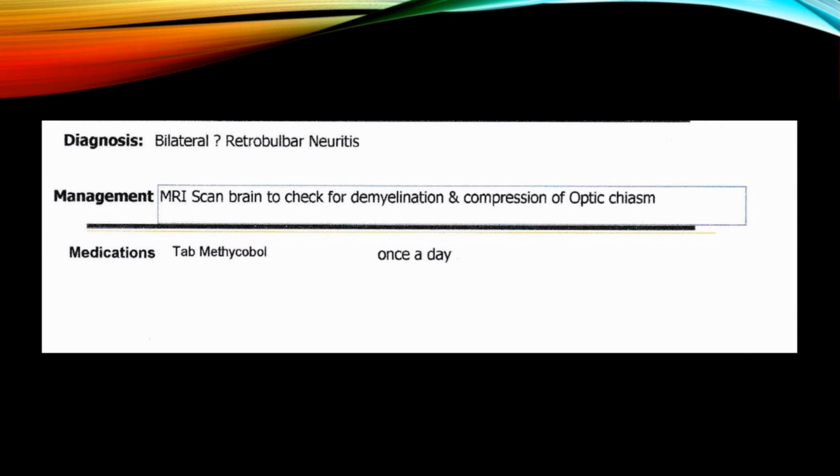The important thing in these cases with bilateral decrease in vision is that you need to look at what is actually causing the reduction in vision, which is sudden in onset rather than gradual onset visual loss. It is something which might be compressing on the optic chiasm that could lead to such a lesion. That is why